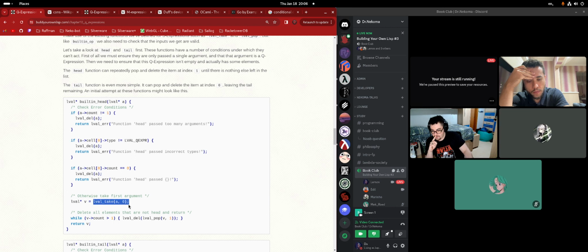Which is basically doing the take. The take is different than the pop. The take is destroying everything else, right? It takes the first thing and deletes all the elements that are not the head and returns. I'm a little bit confused actually, because this thing for me is already destroying everybody else aside from the first. But you see it there in the code, he's doing pop and deleting. Yeah, but why is it doing this if you're doing take? I don't know. I have to see take again to understand this.